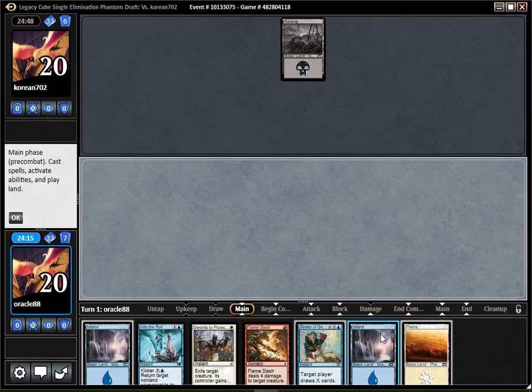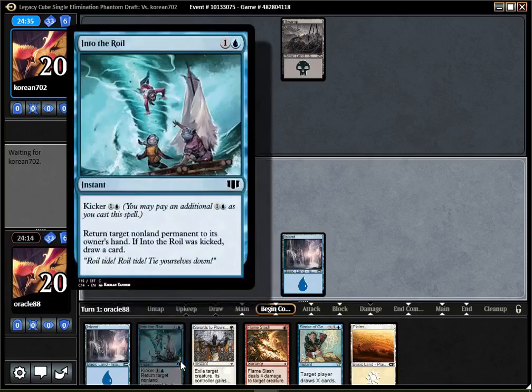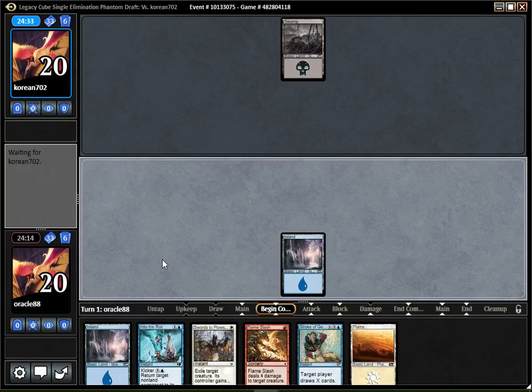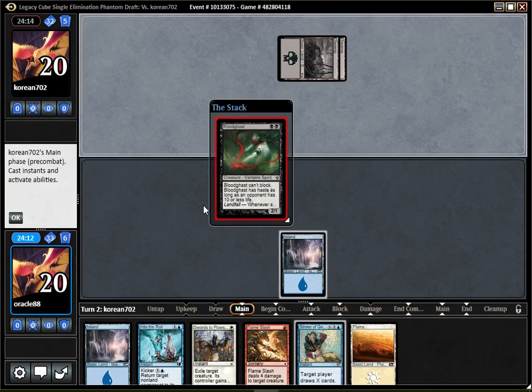Okay, white. I guess I should have played my Plains here and not my Island, because I might wanna Swords to Plowshares next turn and still be able to Into the Roil the turn after that. That being said, we are not drawing Days because it's on the bottom of our library. Still, I should have played the Plains, because if my opponent plays something really threatening like Pack Rat, I will need to Swords to Plowshares that thing